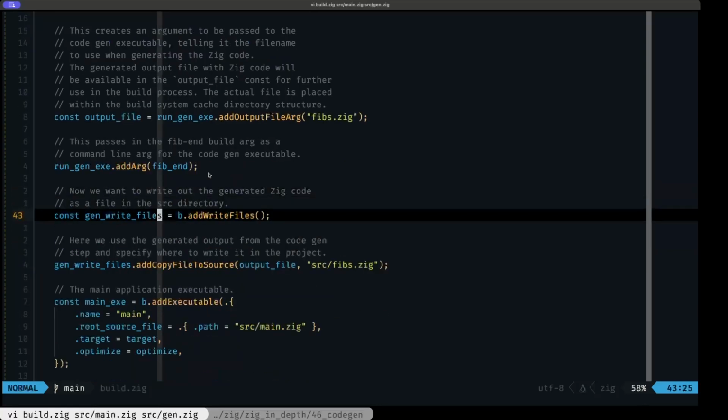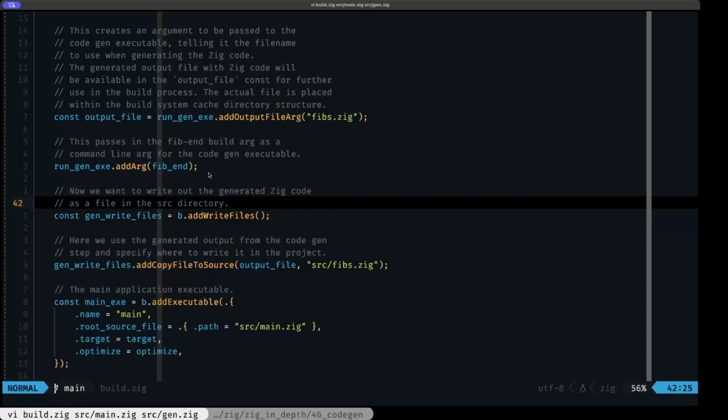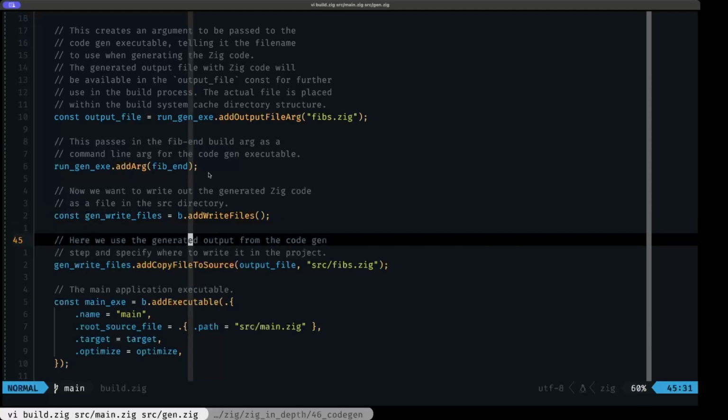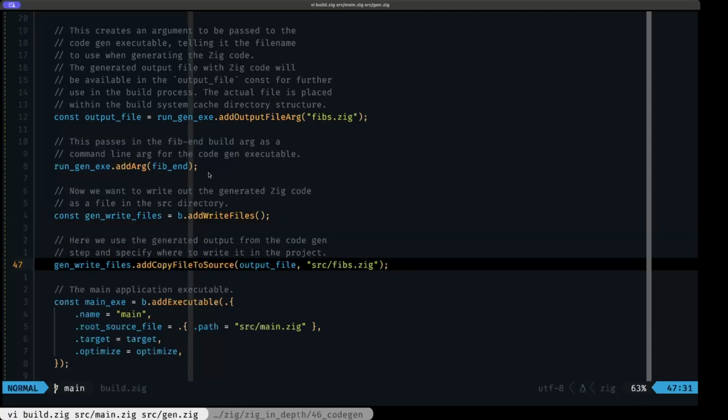Then once we generate that Zig code file, we will want to write it out to its final destination. This is done here with this add write files. It allows the build process to write files to different places. In this case, our final file is going to be in our source directory. And we're going to do that by calling this method on this write files object,